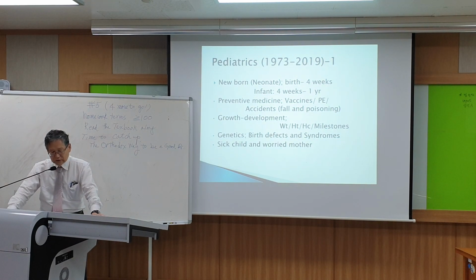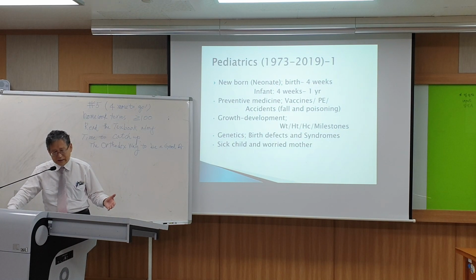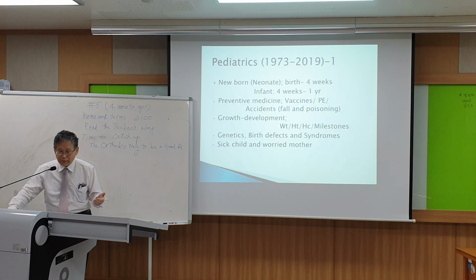And also they are concerned about growth and development. Not all babies are good babies. Let's say you have 10 pregnancies. When you make 9 out of 10, you're lucky. In other words, there is 1 or 2 abortions before the delivery, or the baby is sick, not enough to come out. And once they are out, of 9 babies, usually 1 or 2 do have a problem at birth or